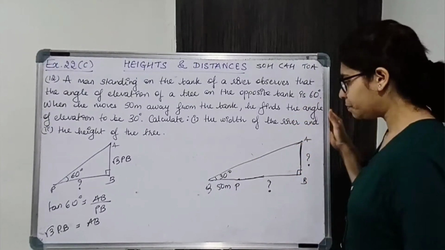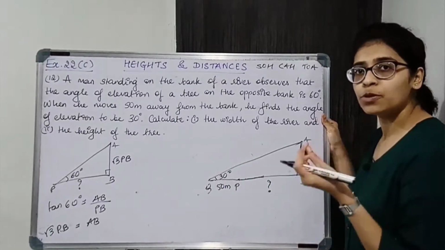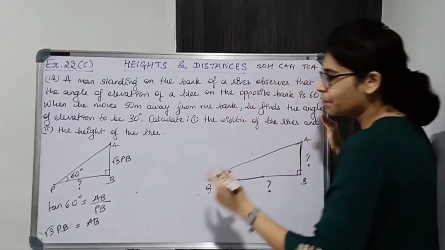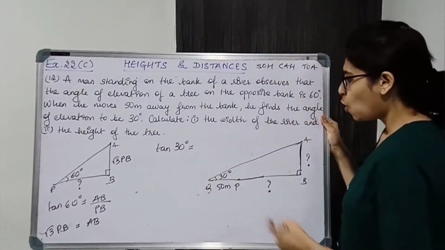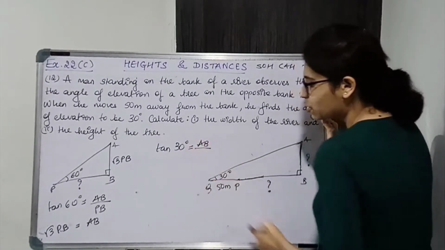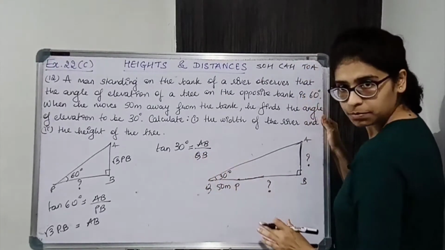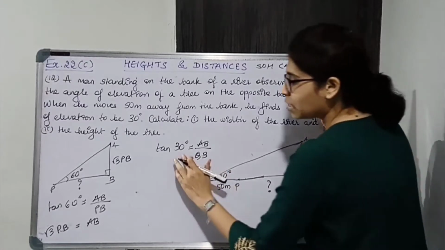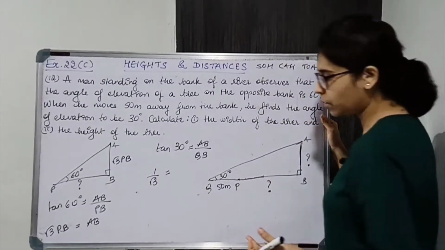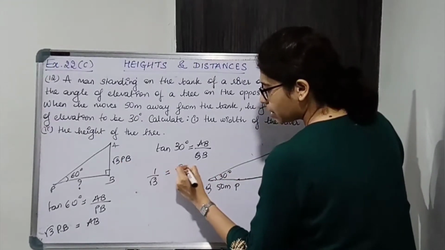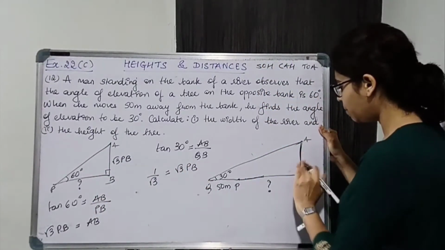Okay? Now we will relate the opposite and adjacent of the angle again over here. You get the relation of opposite and adjacent from tan. So tan 30 is equal to opposite, that is AB, upon adjacent, that is QB. Correct? QB is the adjacent side. Now we will break QB. So what is tan 30? Tan 30 is 1/√3, a standard value from the table, you are supposed to know. Okay, AB is √3 PB. Correct? We got the relation of AB and PB from the other triangle. So AB is √3 PB.